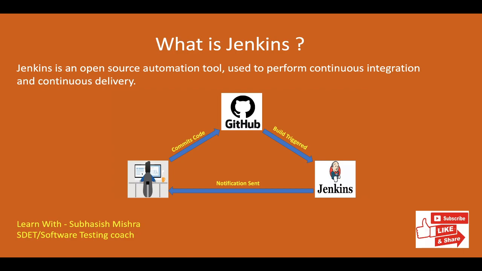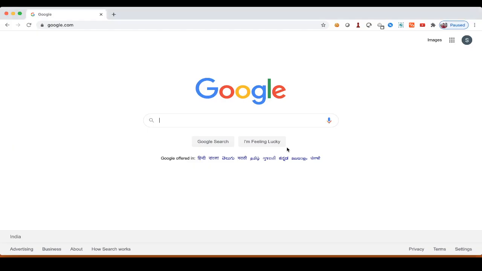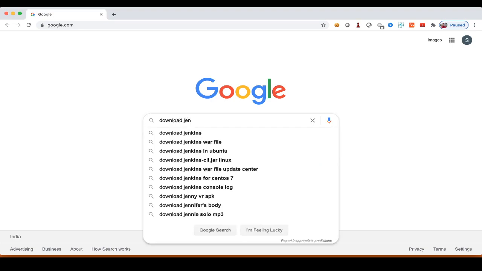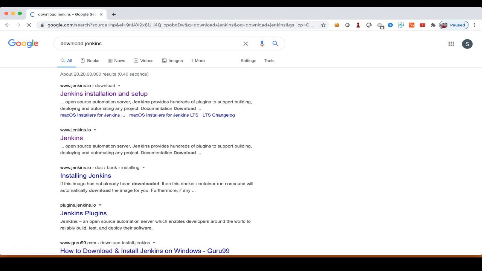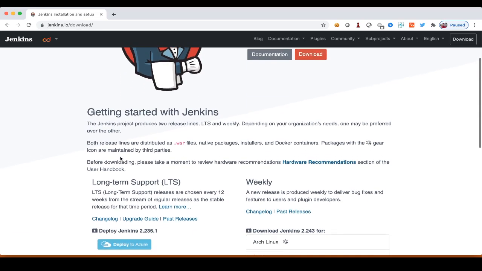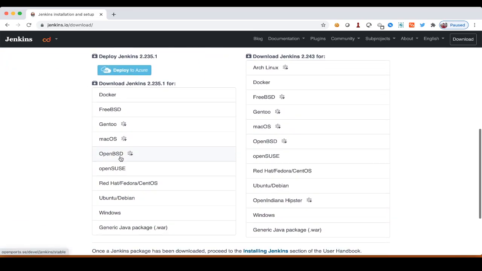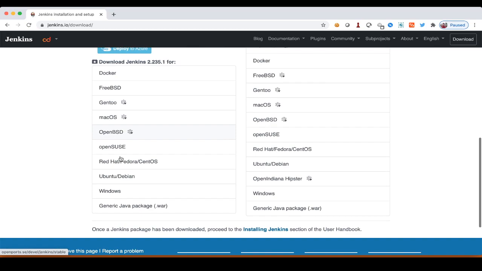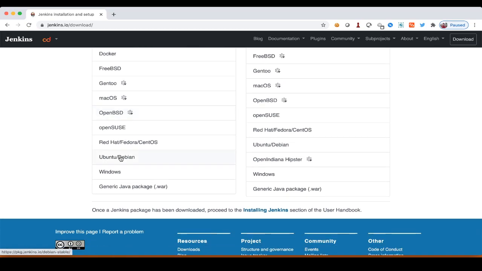First, let's go to Google and just type download Jenkins. The first link you can see here is the official website for Jenkins. Just click on that. Here you can see different download options for different platforms.